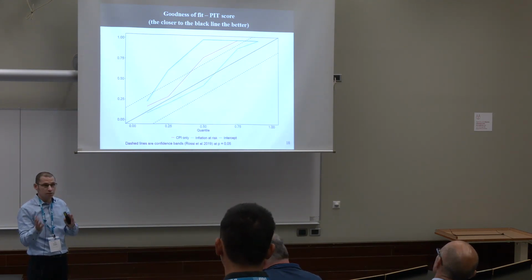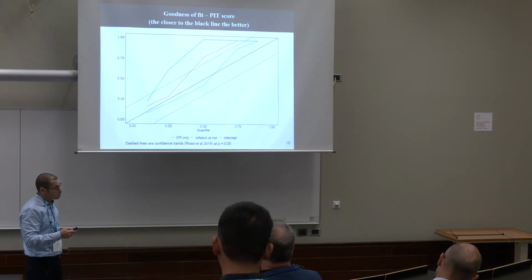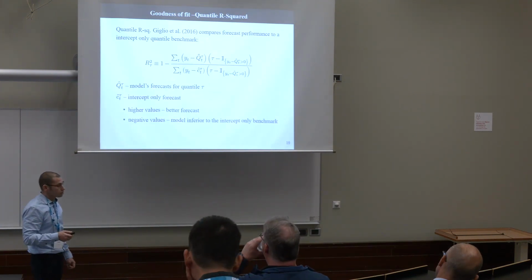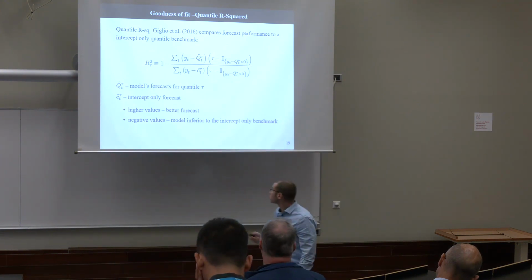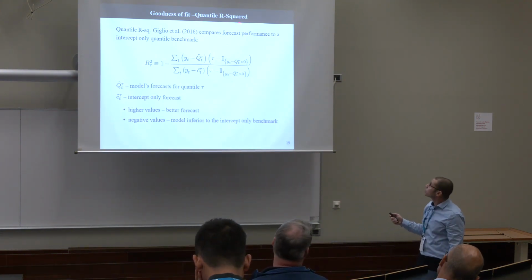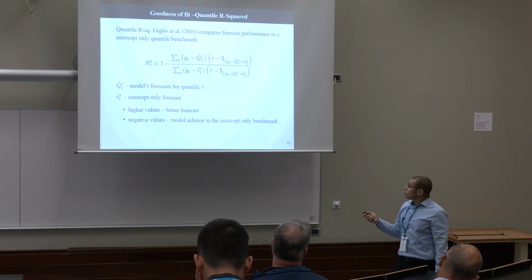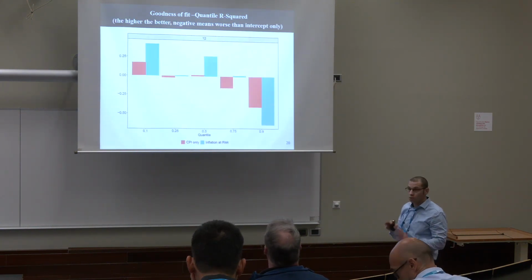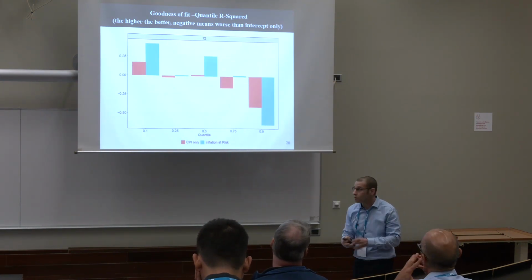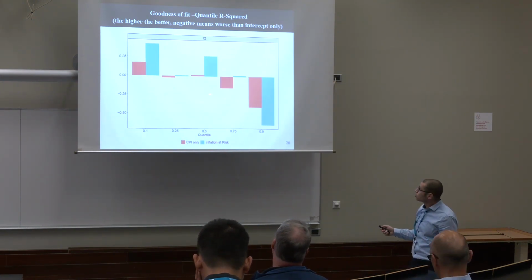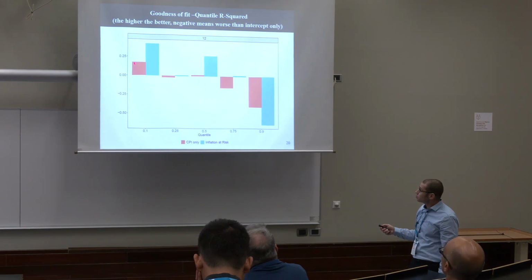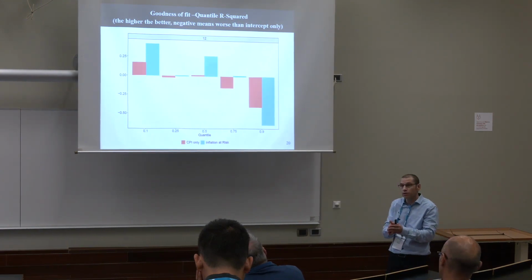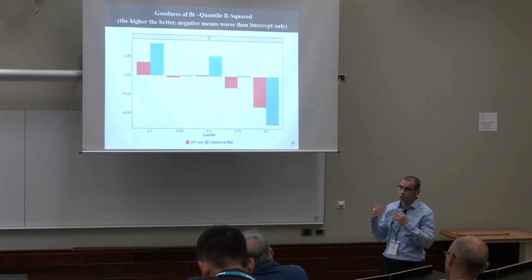It doesn't look at the distance between the forecasted and the actual value. So in order to address that, we employ another evaluation score. I saw that Alberto also used it. This is the quantile R squared. You can see that this score does take into account the distance between actual and forecasted value, but that's a relative performance evaluation. What it means is that we are able to evaluate two models. Our model, the inflation at risk model, those are the green bars. And then the inflation-only or CPI-only model, those are the red bars. And they are both evaluated relative to the performance of an intercept-only benchmark.